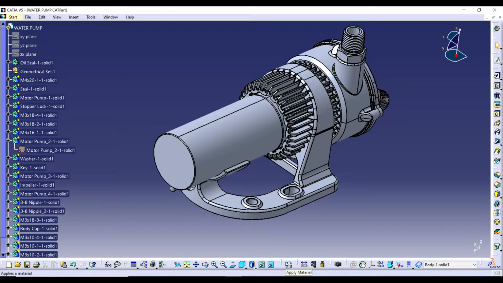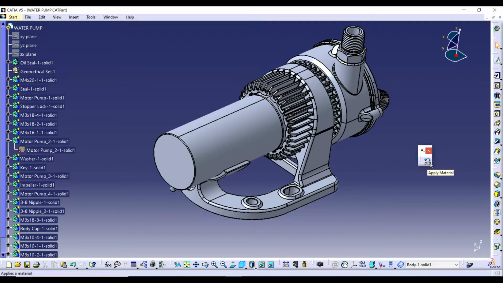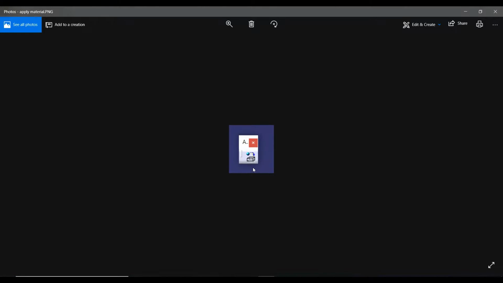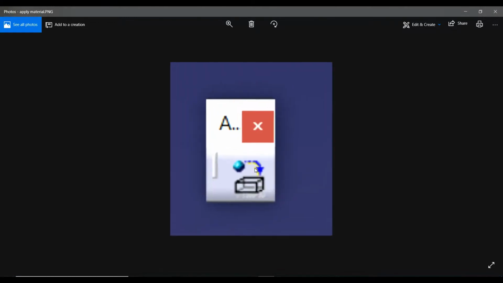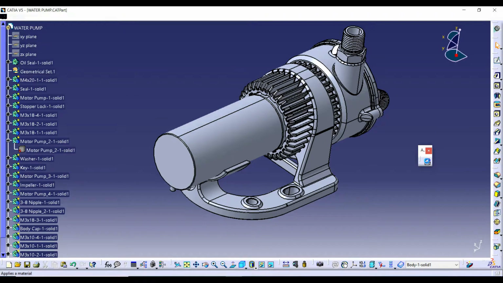So friends, here at the bottom, if you look, there is a toolbar called Apply Material. For better understanding of this icon, you can see here. This icon is used for applying material on any part. So double click it,